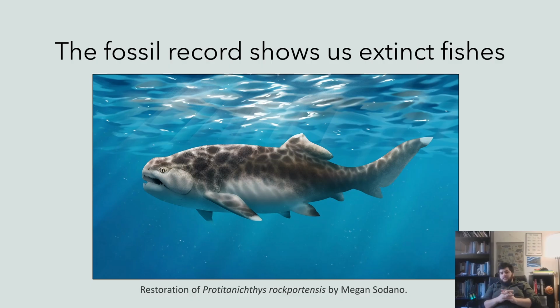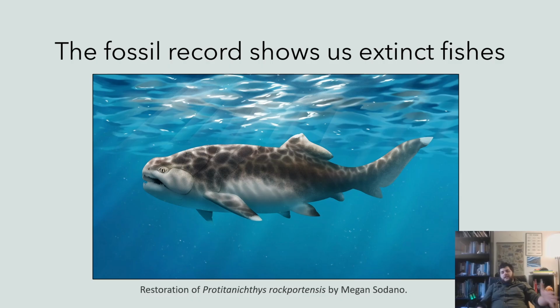This group of fishes was extremely successful for tens of millions of years. We find them all over the world. They are the dominant component of marine and freshwater habitats. They're everywhere in the Devonian, but they're all extinct, and they went extinct pretty quickly in geologic terms because of a major shift in the global environment that we call the Hangenberg crisis, which we'll talk about in a future lecture.